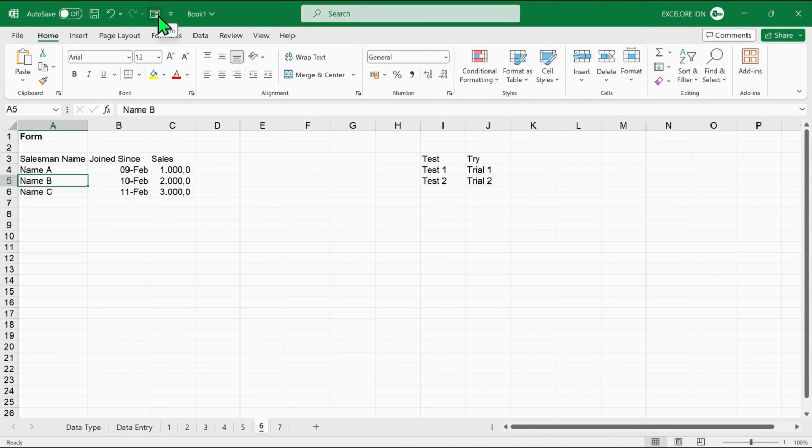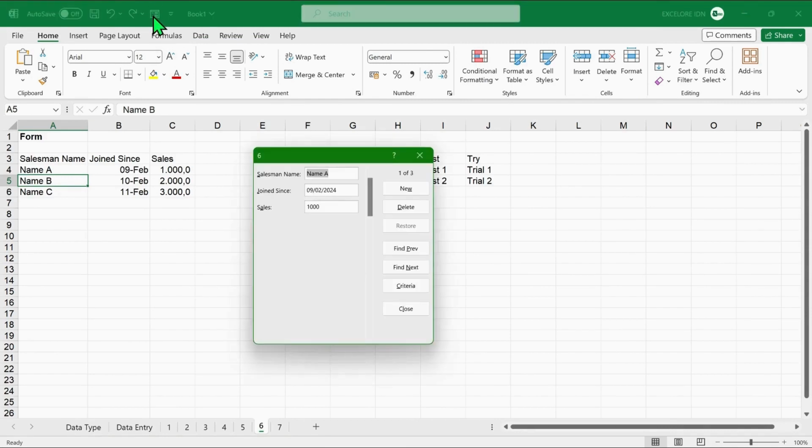To use the form, select one of the cells from the available data. Once selected, click on the Form button and the form will appear on the screen. The left-hand side of the form displays the column headers, while the adjacent white box is where the data is inputted. To navigate between the white boxes, press the Tab key. The scroll bar located next to the white box is especially helpful if there are multiple columns to fill in.